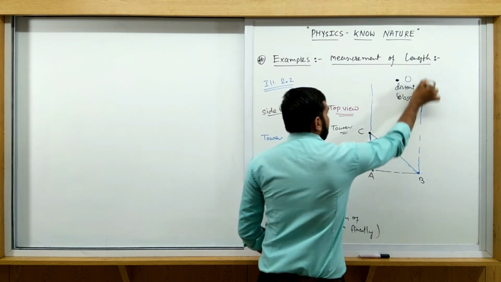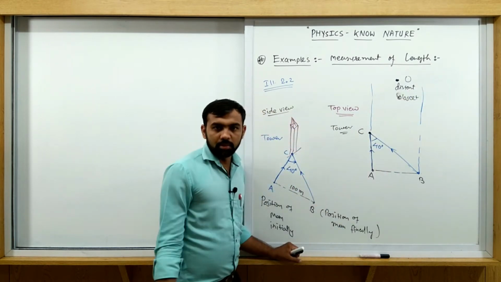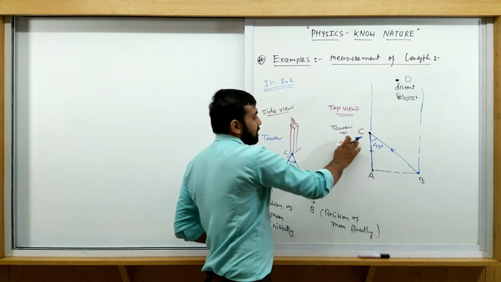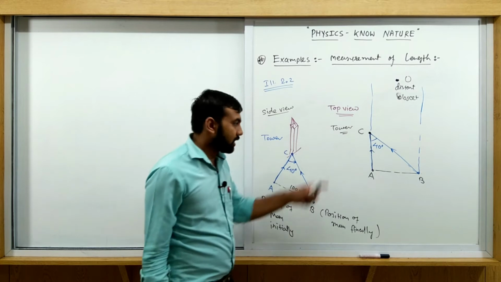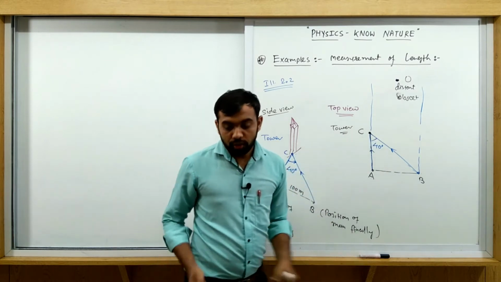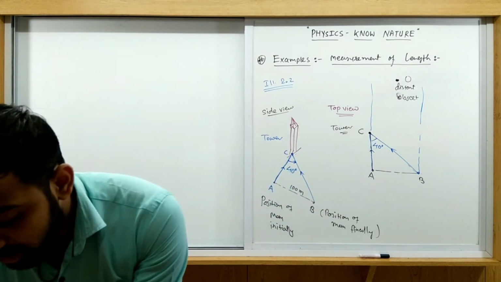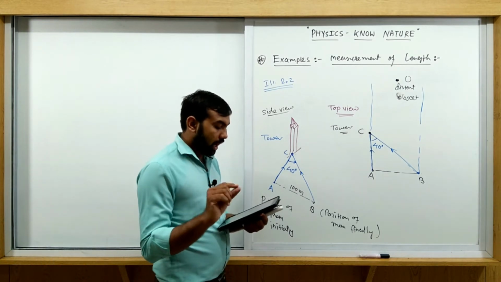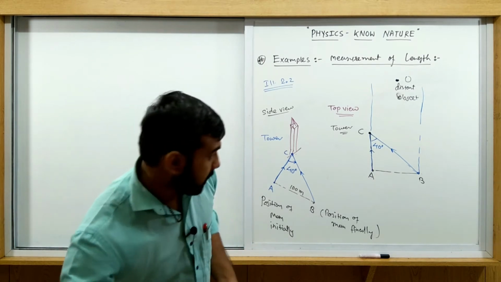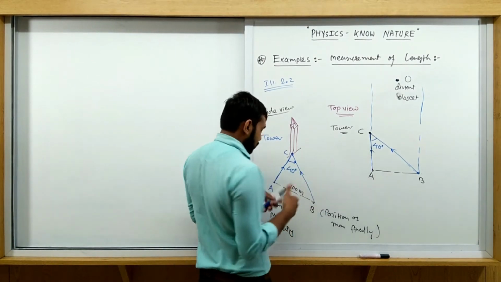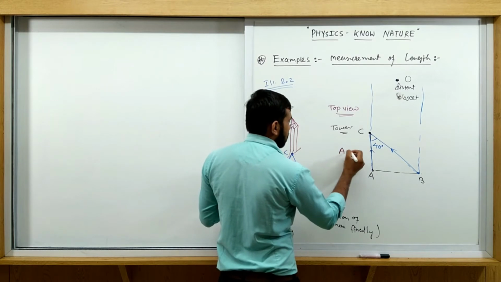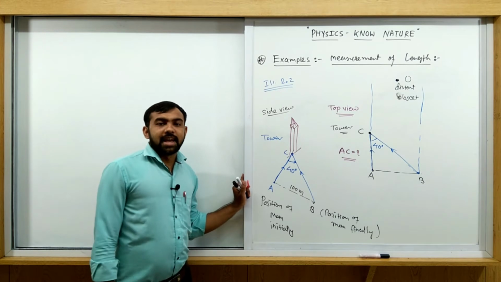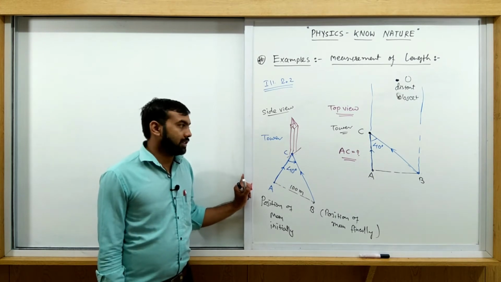If you consider this one, then both are parallel. Why? It is given in the problem. In both cases, this line of sight is exactly the same. This line of sight is changed by what angle? 40 degrees. Then we have to estimate the distance between the tower and the position A. We have to find the distance AC. So here the question is: AC is equal to what? You have to find this.